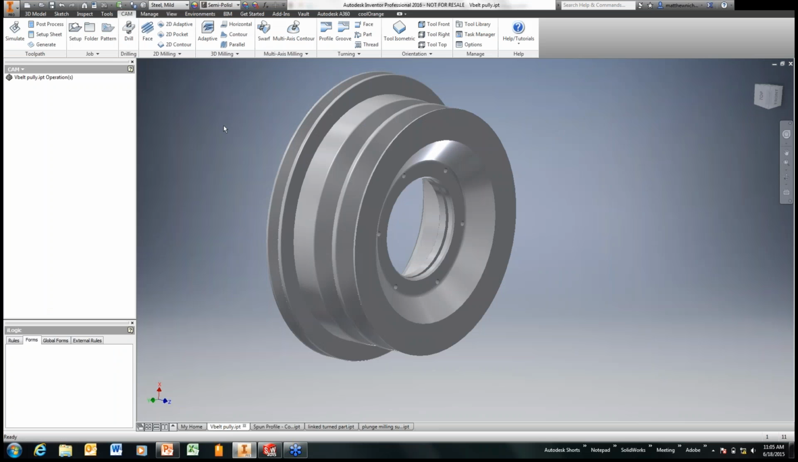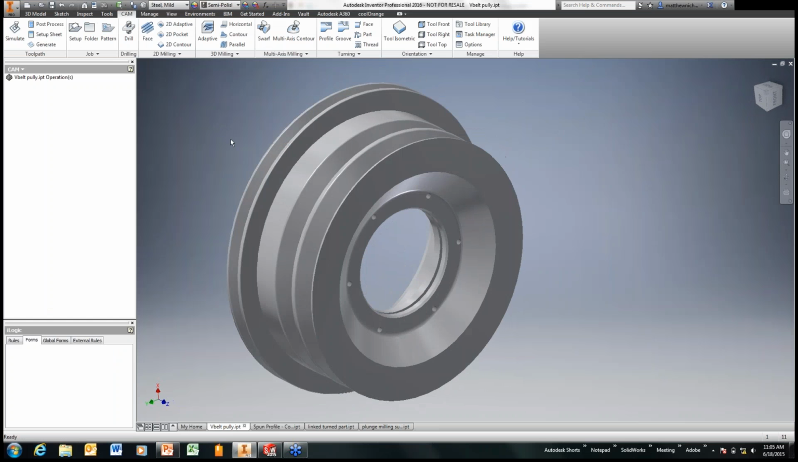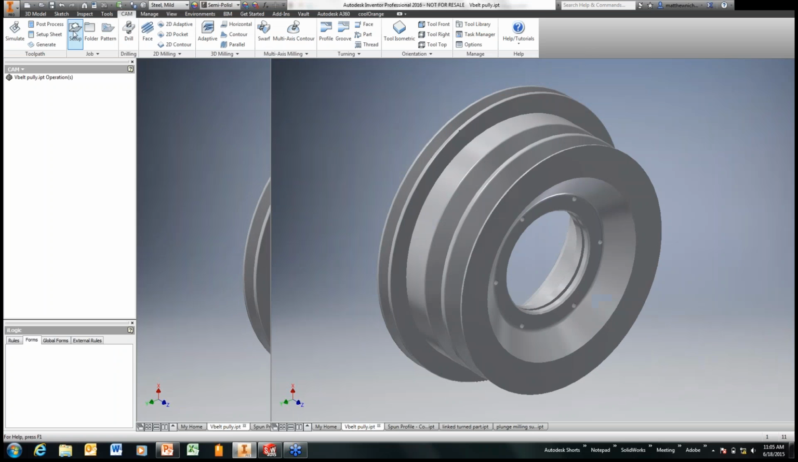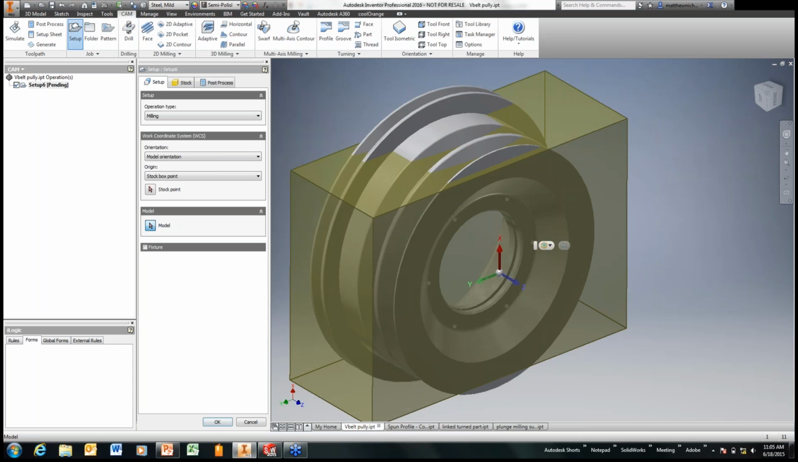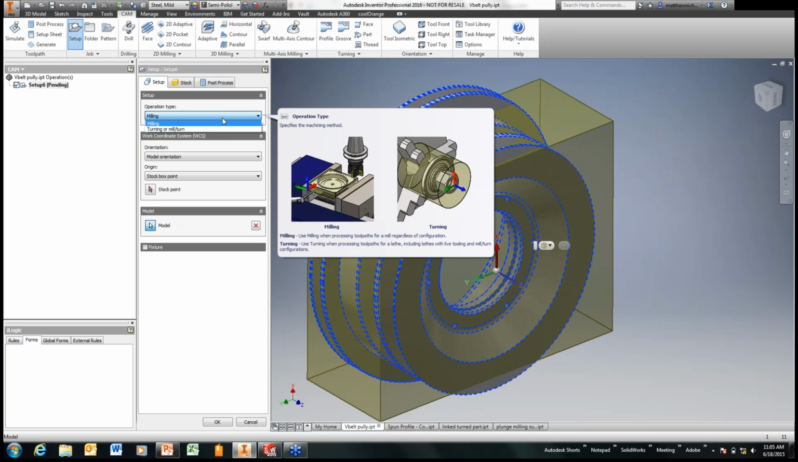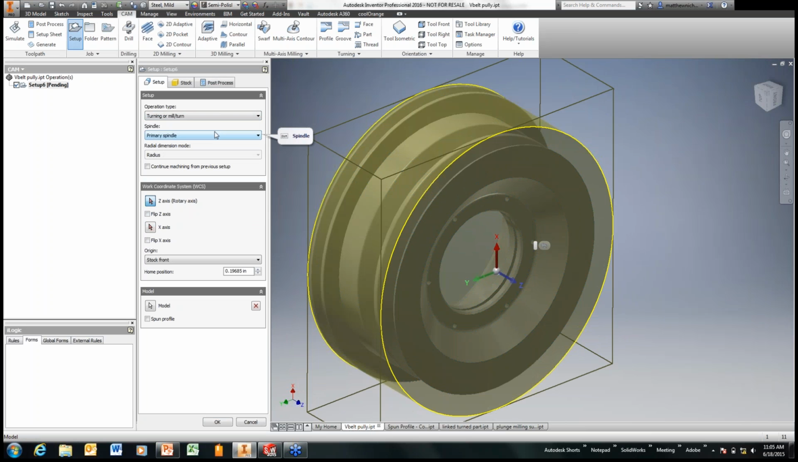What I want to start off with is this V-belt pulley, just to show some of the basic features of the turning options. In the setup, I can go ahead and define my model. The new thing here in our setup is we have this option for turning or mill turn. Once I activate turning, I now have the option to define the spindle that I want to use within my machine,